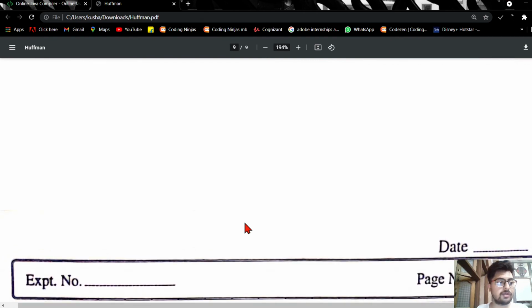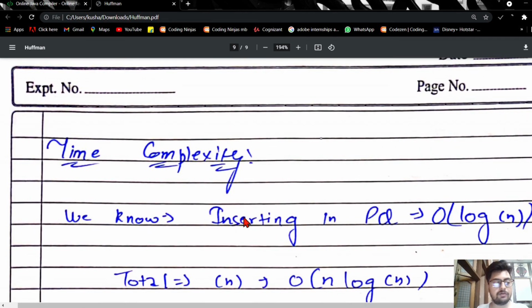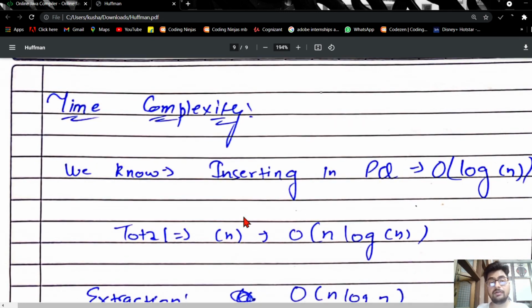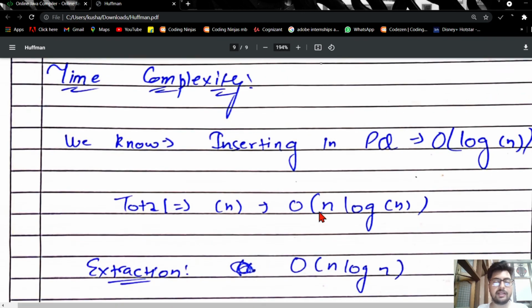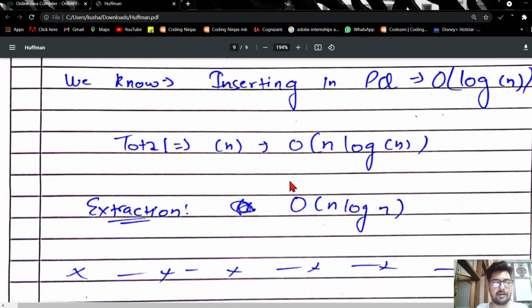I will write the code here. But before the coding part, just have a look at the time complexity. What will be the time complexity for this one? We have used a priority queue. As we all know, the time complexity for inserting a node in the priority queue is O(log n). We have a total of n characters, so the time complexity for insertion will be O(n log n). That's not very good but a decent time complexity considering the algorithm. For extraction, again this will be the same, O(n log n). So now simply